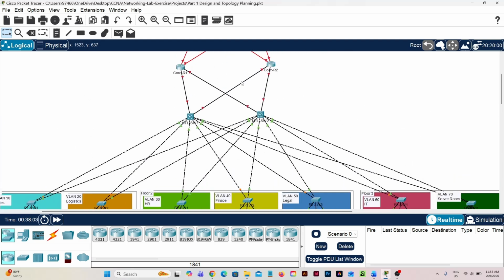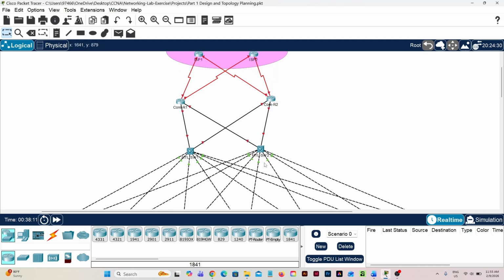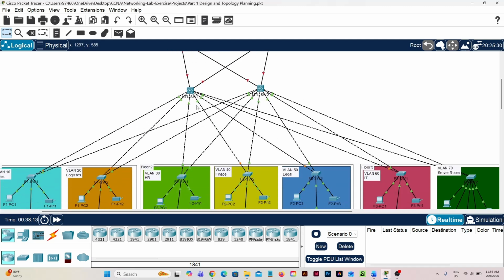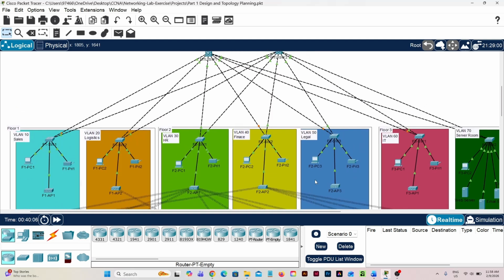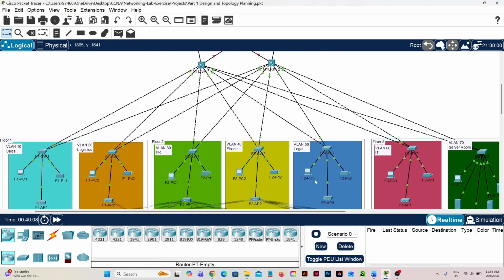So we are building the IP addressing plan that supports all the VLANs, and also the point-to-point links here, the point-to-point links between the distribution layer and the core layer. Good. As you can see, this project has